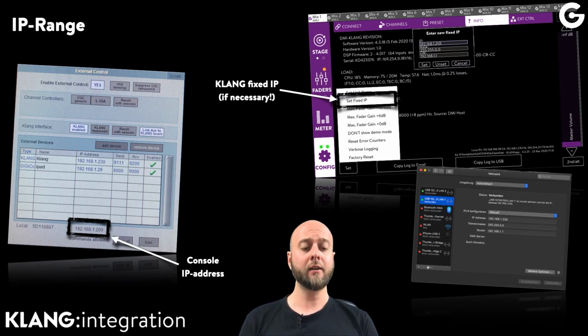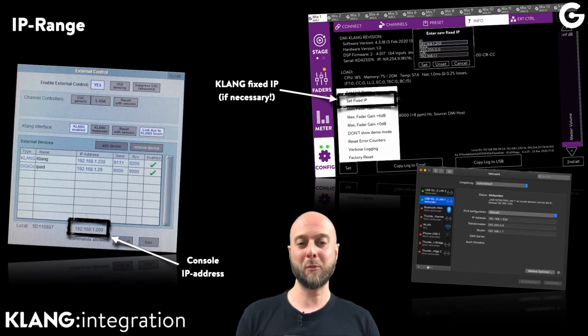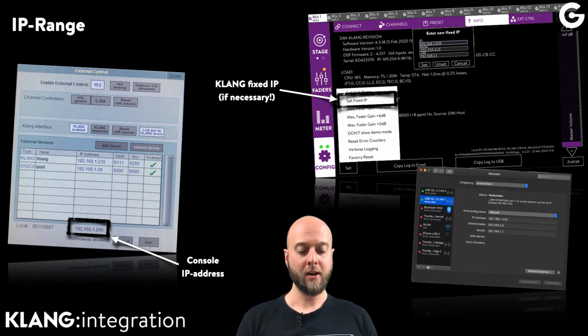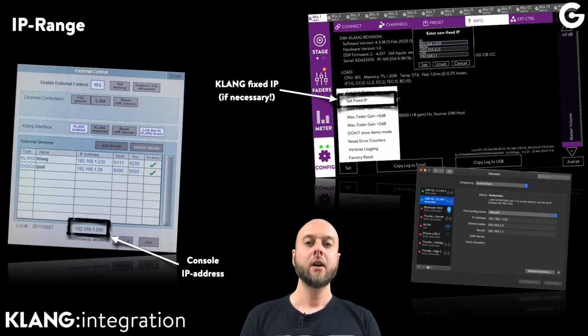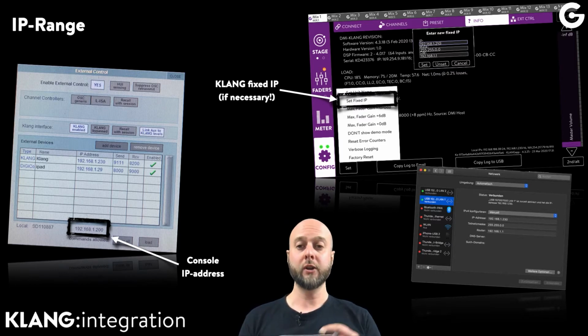So that's the easiest way, and it's very, very hard to actually have a network problem with that, while IP addresses and fixed IP addresses sometimes are challenging for some of us, being audio engineers and not network engineers. However, if we have the need to work with fixed IPs, of course we can do that. If you have a setup like this, so you have a DiGiCo console which is only responding to fixed IPs, so it's not responding to a DHCP server,